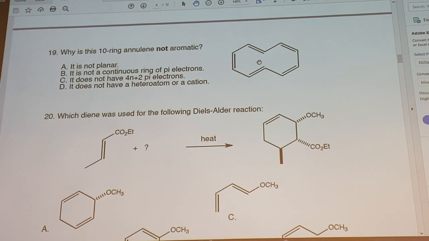Oh, some people were asking about aromaticity. When do you know when it's flat or not? And then it would be non-aromatic, right? That would violate criteria 1 of the Huckel rule. It's not flat. It's got to be continuous, right? In a ring, fully conjugated, sp2, and so on. And then criteria 2 is 4n plus 2. This has 10 pi electrons. That's okay by criteria 2. But it violates